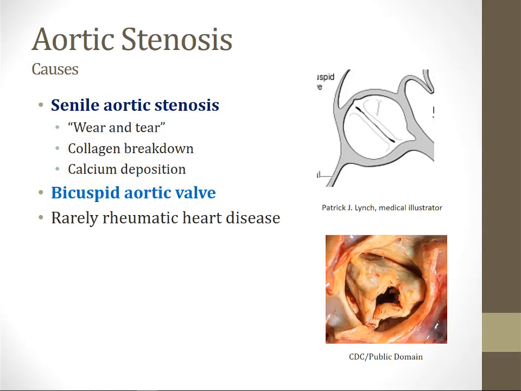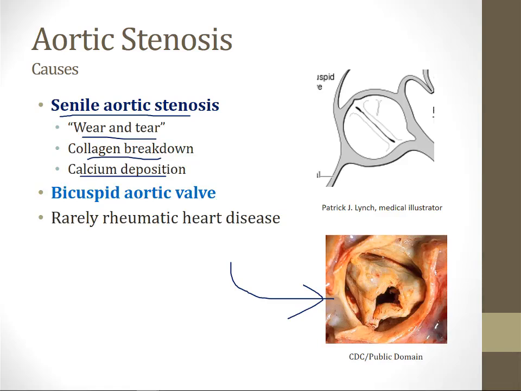The most common cause of aortic stenosis is called senile aortic stenosis. This occurs in patients usually in their 70s or 80s. It's a wear and tear lesion where the aortic valve breaks down from opening and closing over decades of a person's life. Specifically, collagen breaks down and calcium deposits and the valve becomes stiff. This is a picture of a tricuspid valve that has been removed for aortic stenosis at the bottom right side